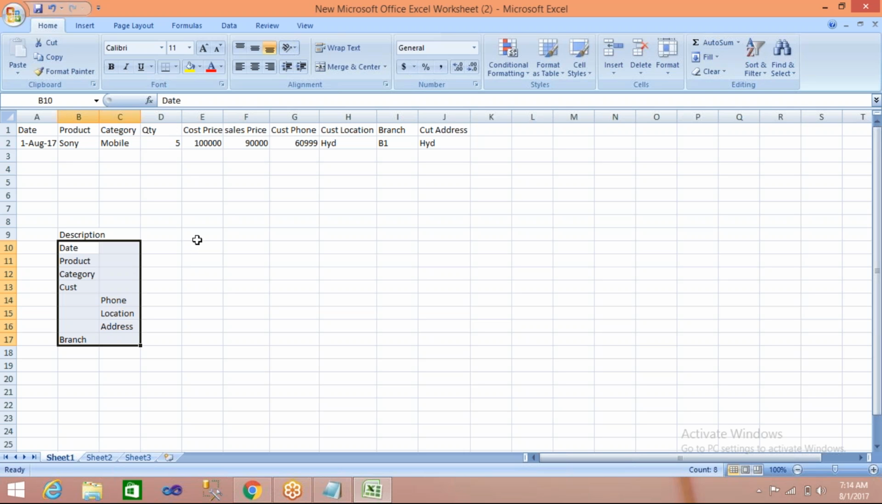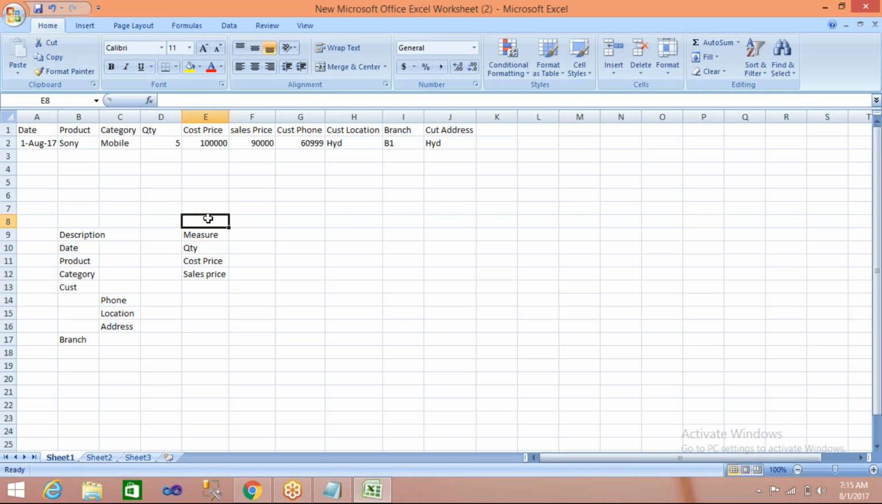And what about the fact information? That means measurable information. Measurable information is like quantity, cost price, and sales price, something like this. This is called measurable information. So we maintain this kind of